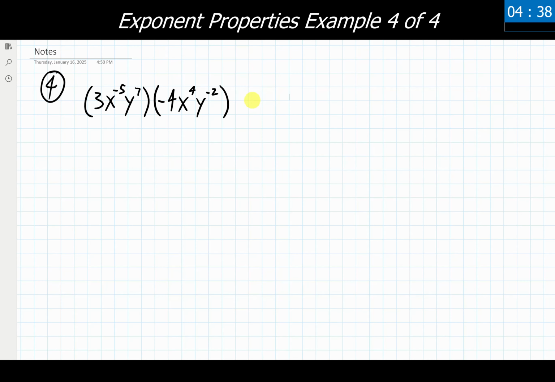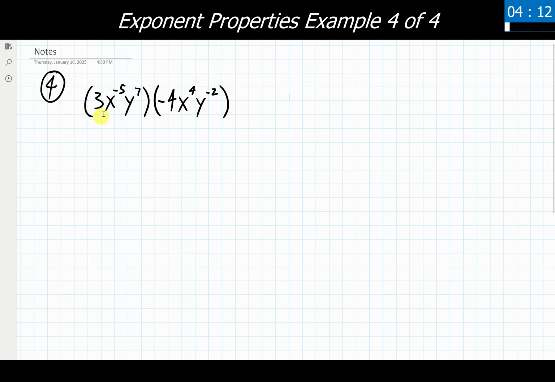Looking at our fourth and final example with using all of our integer properties, we once again have multiple choices on how we want to go through and simplify this expression down. I'm going to try and show both of them and go through them at a decent enough pace so that way we're not spending too long on this example. So for the first route that I'm going to take, I'm not going to worry about these negative exponents or apply any negative exponent properties.